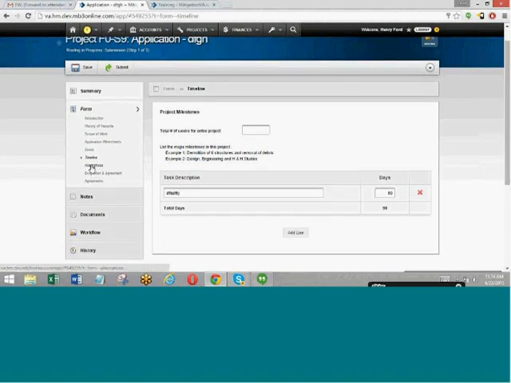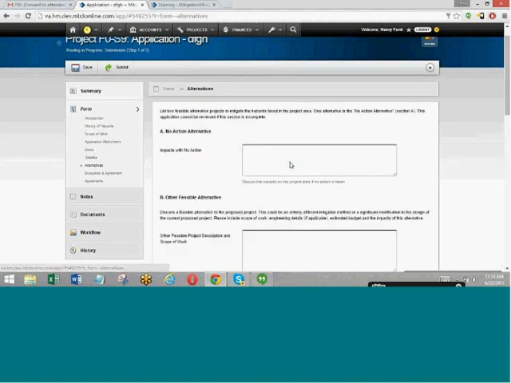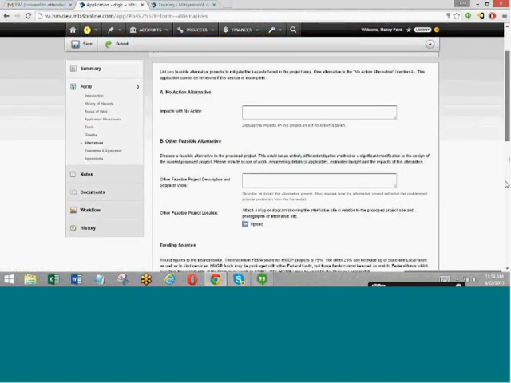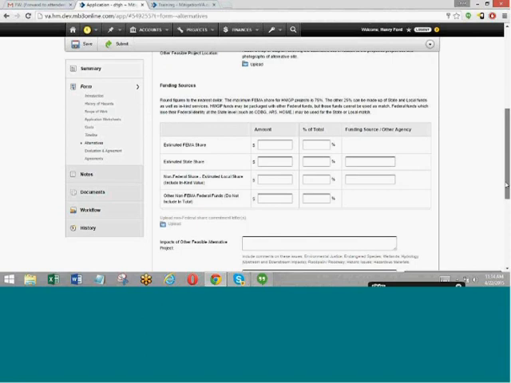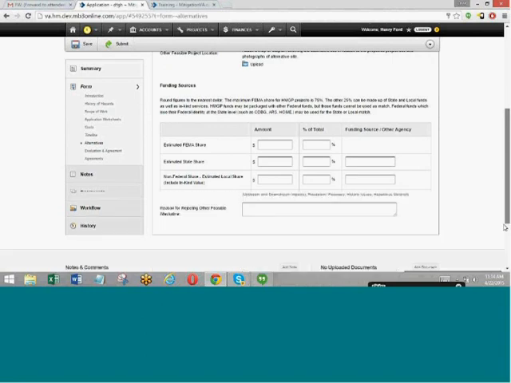Then you have alternatives. This is the no action alternative, as well as the other feasible alternative information that you can put in here. A bit of a budget for the alternative option. You can provide all that information.